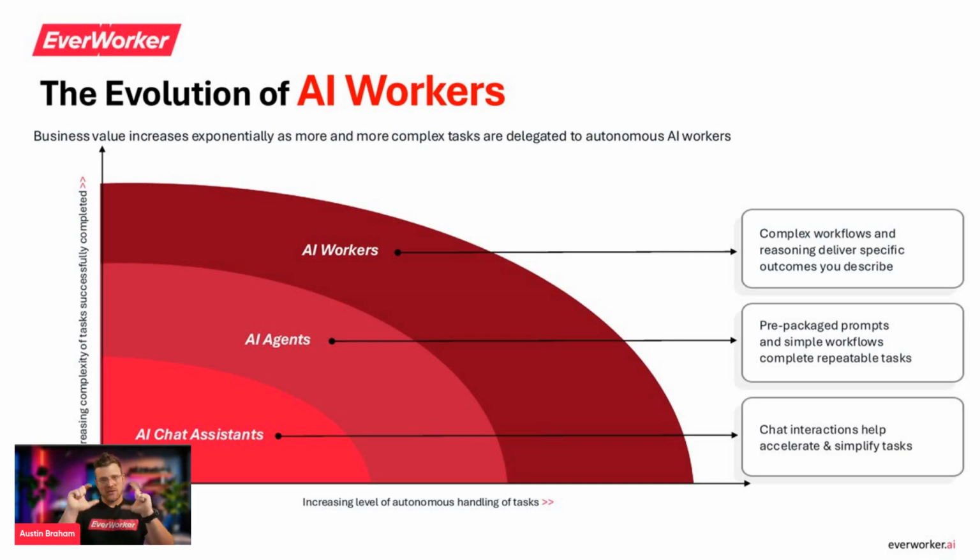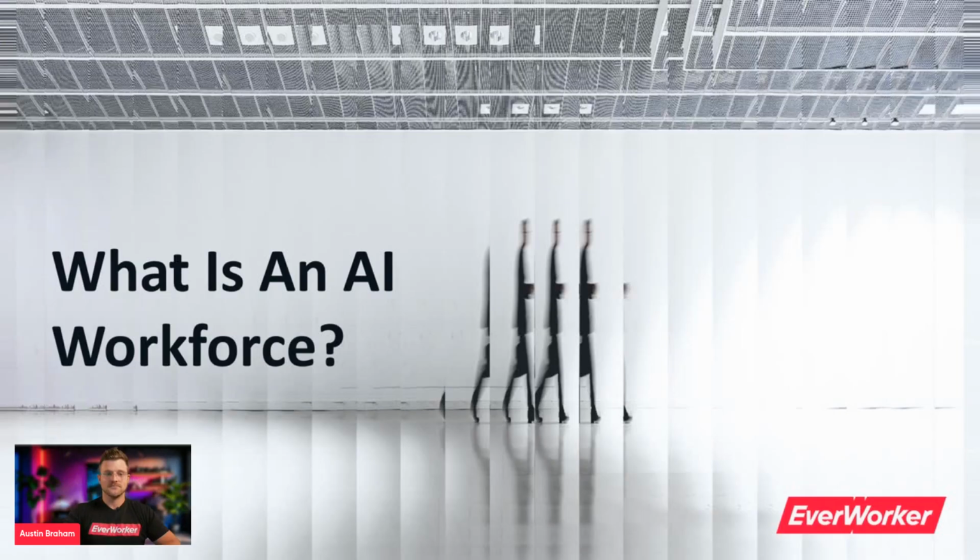But where we're trying to shift the paradigm is towards AI workers, which is basically a multi-agent system that will do more holistic work for you. It's not doing tasks, it is doing work. So we like to think of it this way: you have human workers, and you also have AI workers that are doing full work for you as well. In this case, oftentimes augmenting the human workers to make efficiency gains much, much higher.